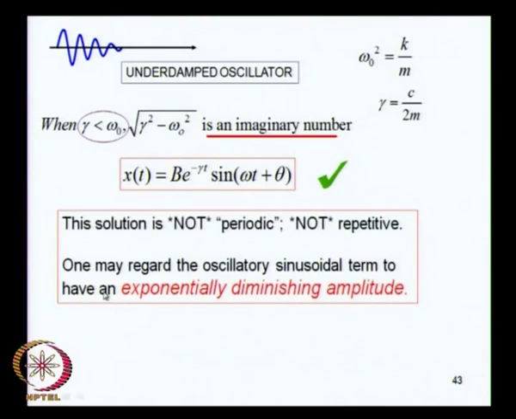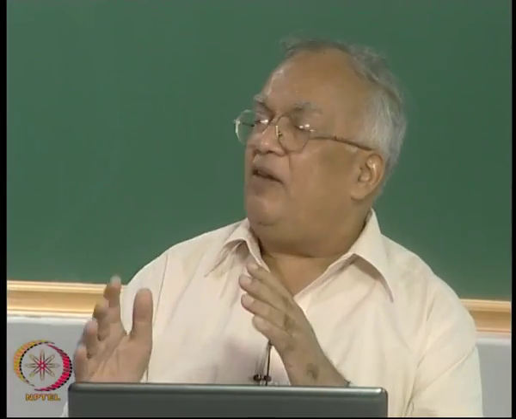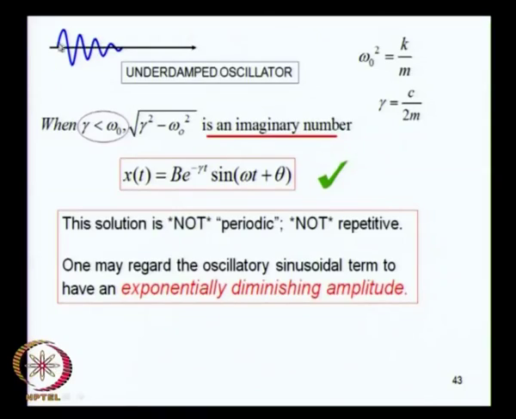The solution is not really periodic. The motion is not completely periodic. What is a periodic motion? Motion is periodic if it exactly repeats itself. Now, this cannot repeat itself because the amplitude is diminishing. What was true from here to here is not true from here to the next point. So, there is some sort of periodicity, but not complete,